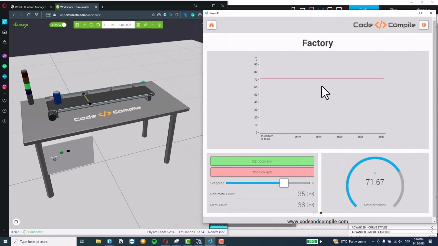Now you have your speed input, and here I can reduce the speed, and this should be reduced, and conveyor I can start and stop from my HMI screen. And you can see the status here. Super nice. So in fractions of seconds or minutes, we have created our HMI screen for our virtual environment, which